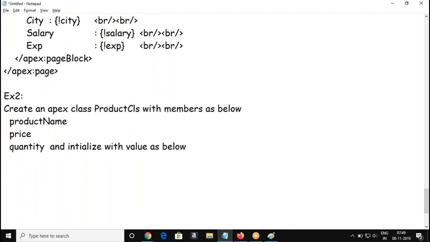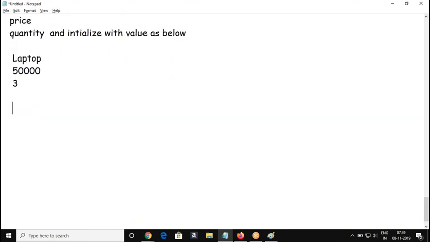Some values. Okay, I'm going to send some values. Right, some value and quantity 3. Product name, price, something, and then display this value.